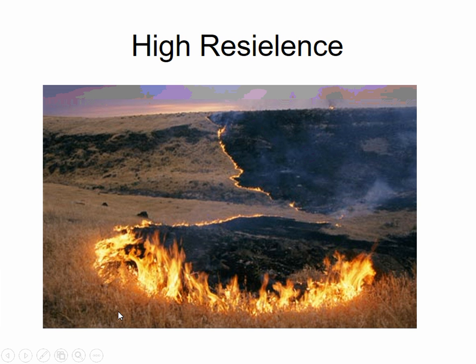Now, an ecosystem that has low resistance and high resilience are grasslands. Grasslands disturb very easily. We can plow them over. They often succumb to fire. In fact, fire is often required for these ecosystems. It helps to reduce crowding, germinate certain seeds. But nevertheless, it disturbs very easily. So one quick lightning strike and the whole thing goes up in smoke. So it has low resistance to that disturbance.